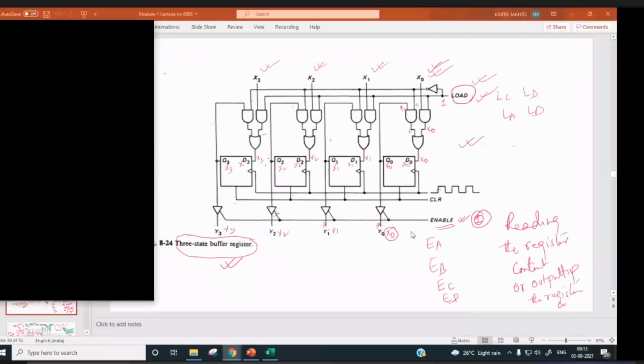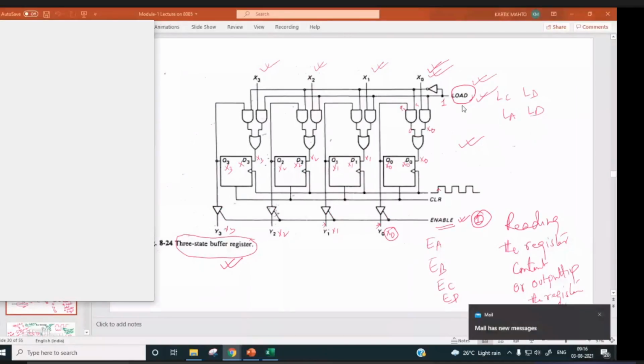When we make the load signal active, then X0, X1, X2 will be stored in this 4-bit register. And when we make enable, then whatever data is stored in the register will be available on these lines Y0, Y1, Y2, Y3. So this will be used for just transferring the data from one register to another register using a common bus and all.